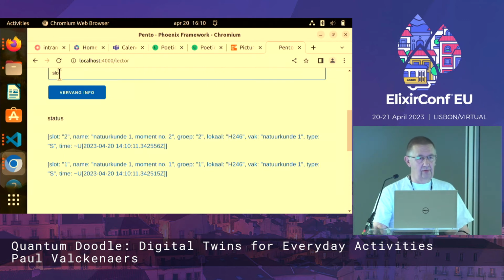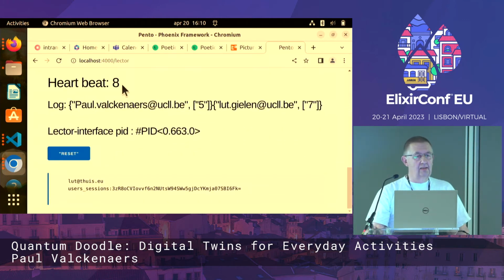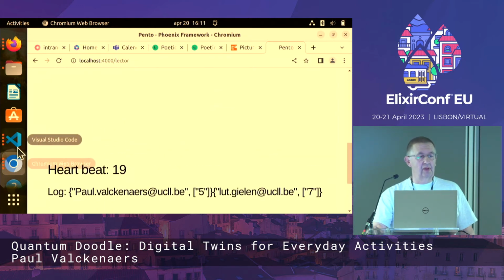And now if she has a problem with slot 2, for some reason she has an appointment with one of the kids, then you introduce a number of the slot 2, and the twins of other lectors which are available on slot 2 indicate that they are available, and they also indicate the slots which they are, say, having exams themselves. So you basically can look whether it's possible to just switch duties instead of having somebody taking extra duties and the other one less, and then you have to compensate later on. But since you have twins, this is the kind of thing you can just add there. And then, of course, if you agree on changing things,